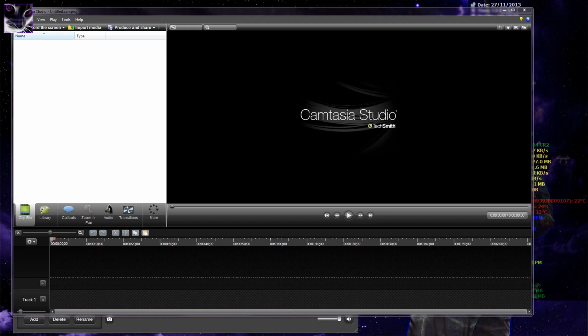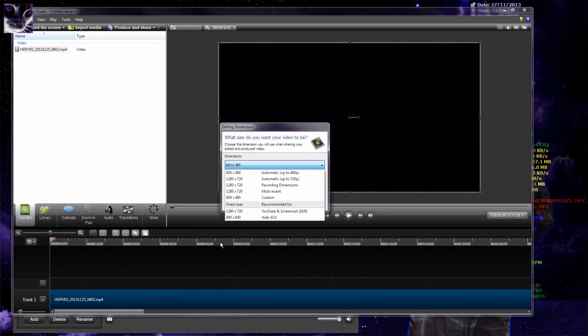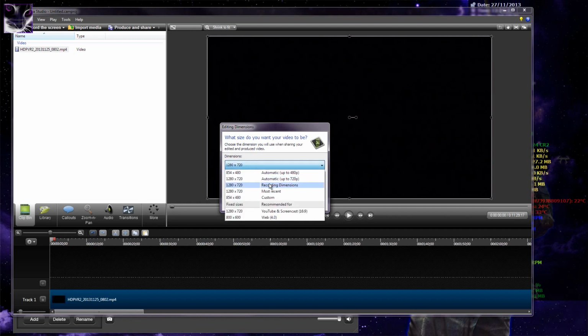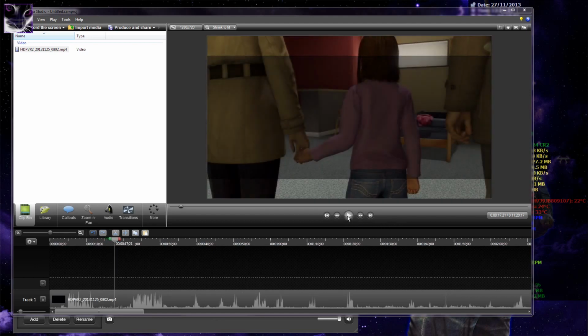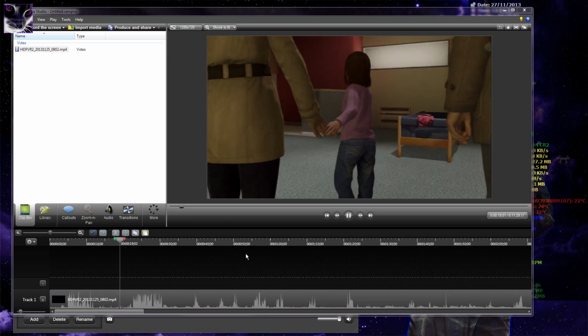For example, I have it on the other monitor, so you can't see what I'm doing, but there's some weird file in there. If I just drag a file in here, let it go, depending on the size of the file, it takes just a few seconds. There you go. Then you just right click, add to the timeline, which again takes a few seconds depending on the file clip. Have the dimensions in here. I always recommend the recording dimensions. Hit OK, and you have it. It's going to take a little bit of time to load longer clips, but here you have it. That's gameplay from Beyond Two Souls,